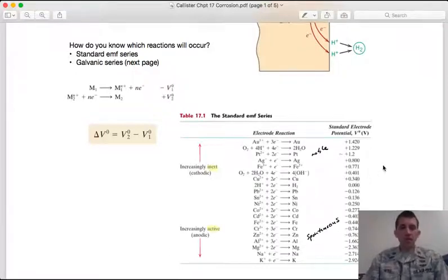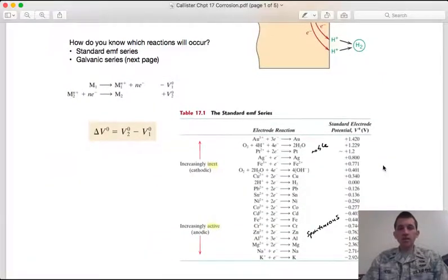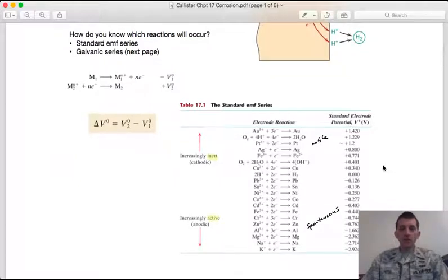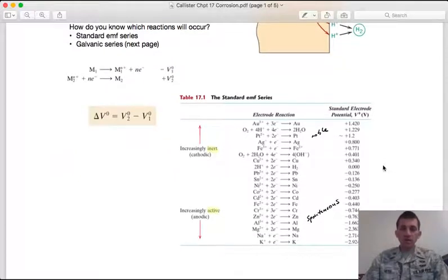And these are all measured under standard temperature and pressure. So it's highly controlled conditions, but it kind of gives you a relative ranking of the electrochemical activity or tendencies of all of these different metals,